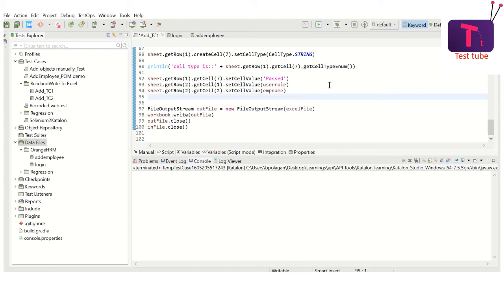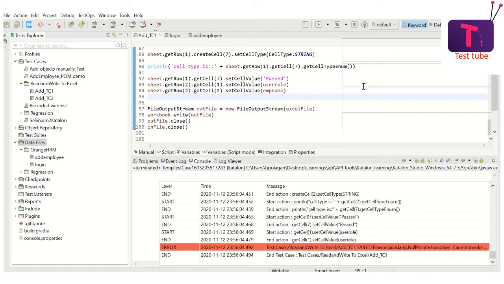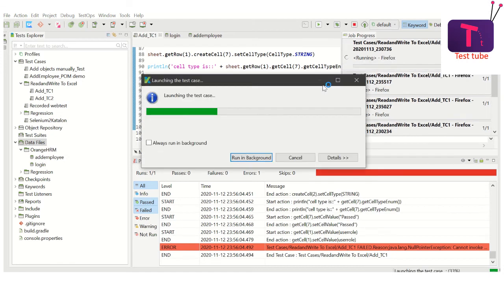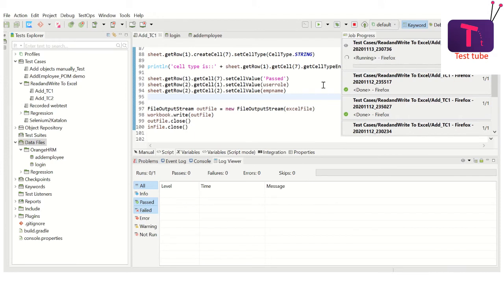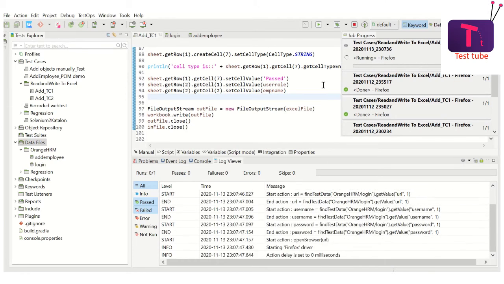Now I'm going to run this one and this is going to fail, and I will explain why it has failed. Okay, so it started.